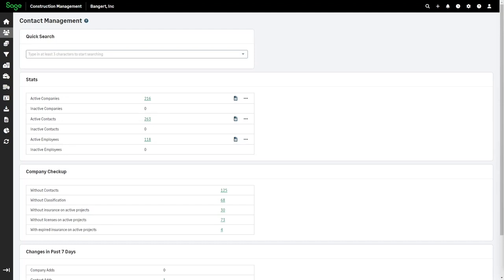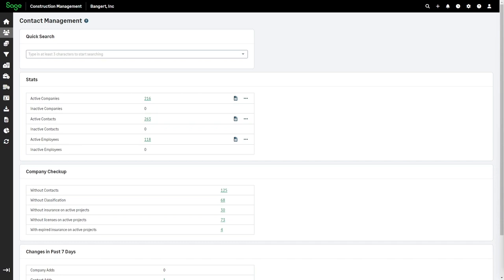In this session, we're going to take a look at contact management settings. So when we get into setting up contacts and companies in videos to come, one of the things that you can do is use filtering to filter by, maybe, what type of company it is. So I can see my suppliers or subcontractors or things of that nature and not have to necessarily look at a whole entire list. Maybe when we start talking about tracking insurance and what types of insurances, and when we start setting up contacts and so forth, some contact titles and some of those type of things.